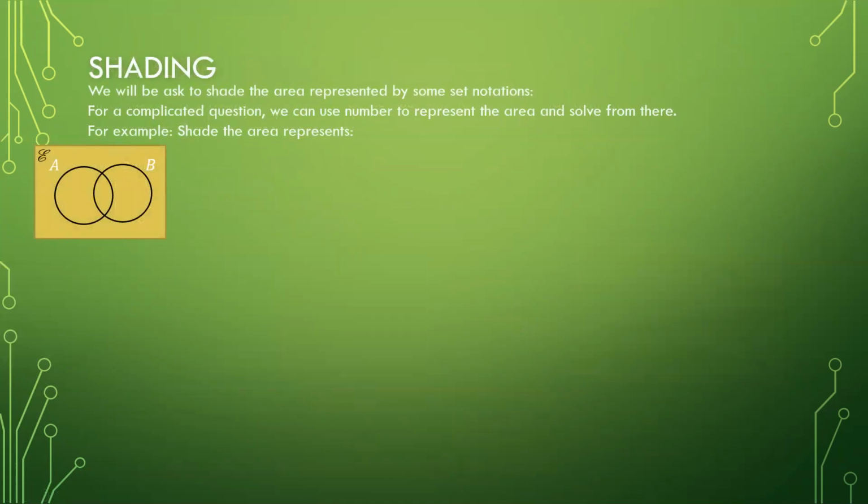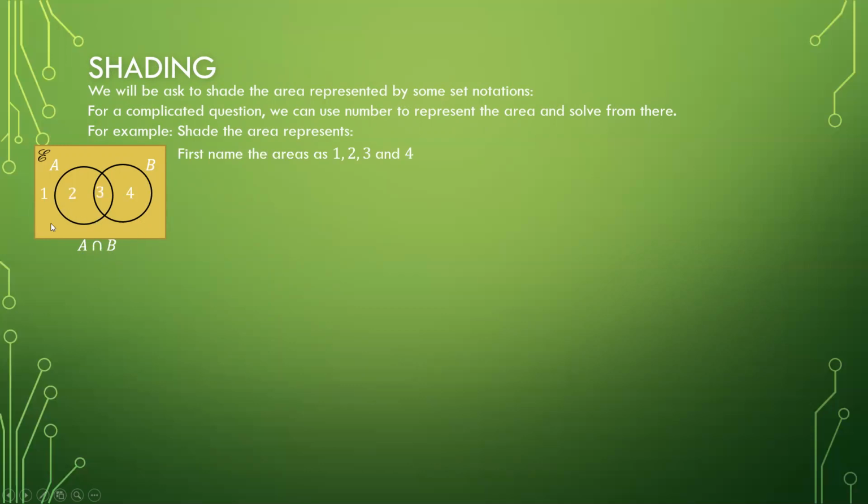The question in exam normally will ask you to shade the area represented by some set notation. So for a complicated question, we can actually use area to solve from here. Let's say I have a question like this, and the question asks you to shade A intersect with B. Where is the location of A intersect with B? Normally, this one I can use